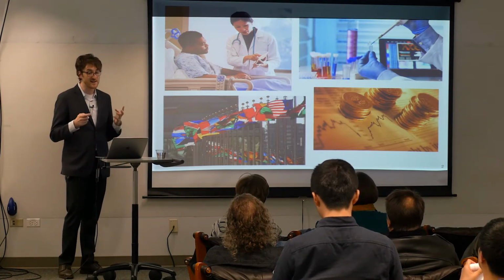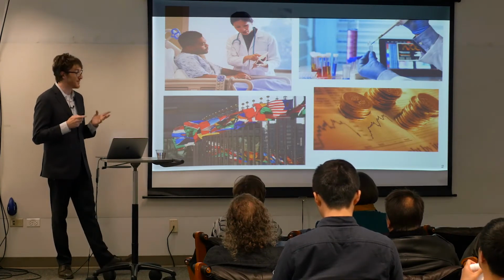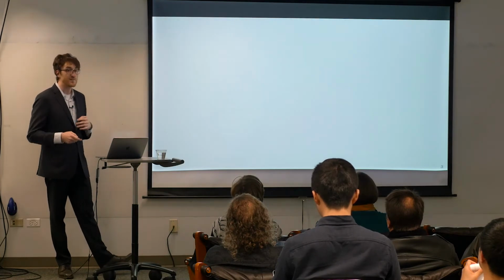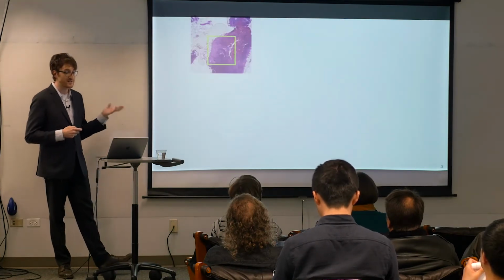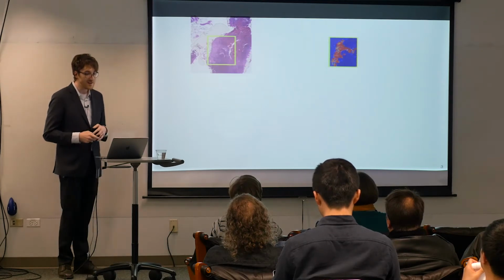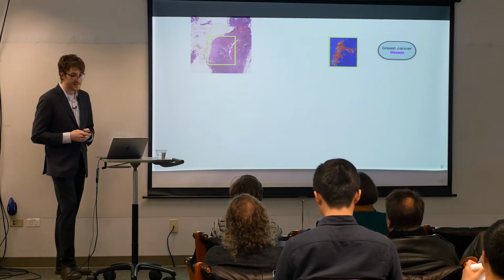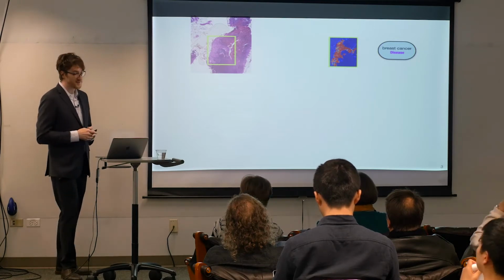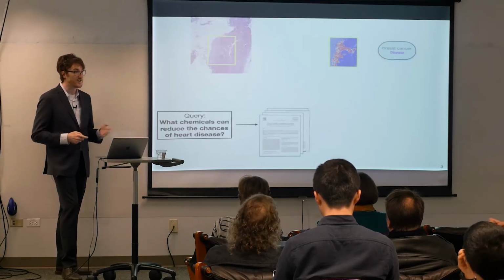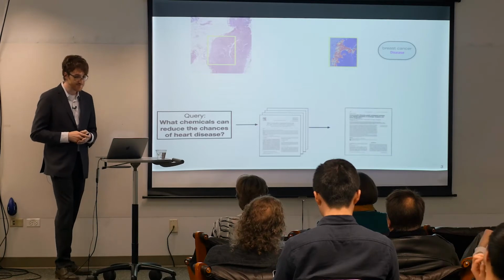So sometimes this analysis is about directly processing some observed data. So for example, this could be identifying particular entities in an image. So in this case, the presence of cancer cells. And in other situations, we may want to select a slice from a larger set of data that we can then run some further analysis on. So this could be the case in something like document retrieval or search.